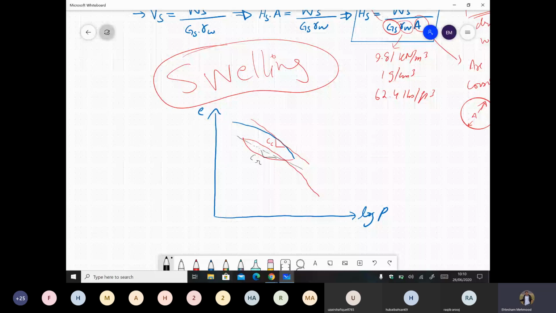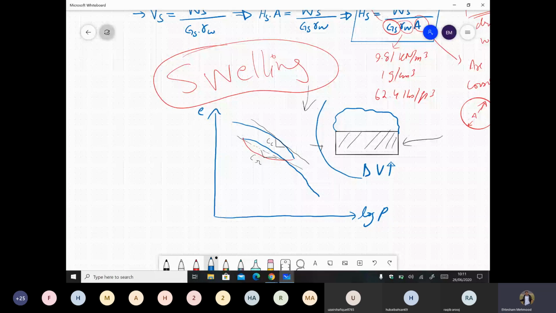And as I told you, there is a phenomenon called swelling in some particular soils, especially those we call swelling soils. Swelling soils have the property that if this is the initial volume of the soil and water comes in, then it can swell by a very large amount. It can swell and move up like this. So there is an increase in volume in the case of swelling soils. That's why we unload the soil, because we want to check whether there is potential for swelling or not. Because on unloading, the soil would swell and move out.